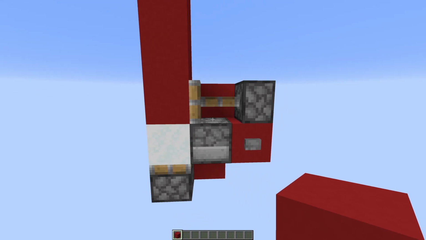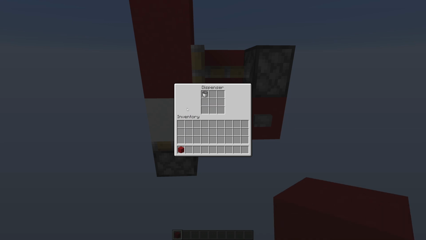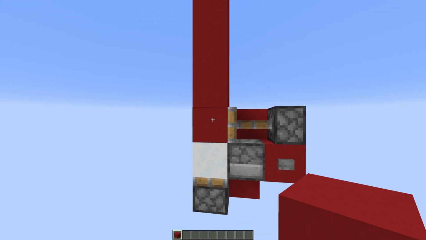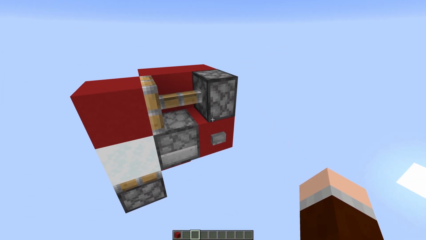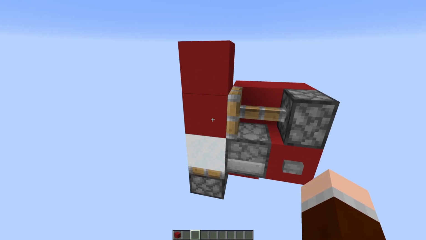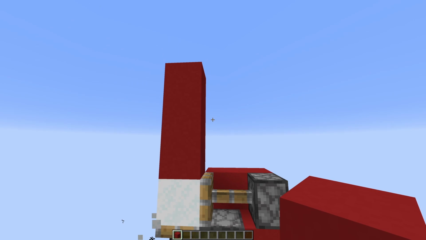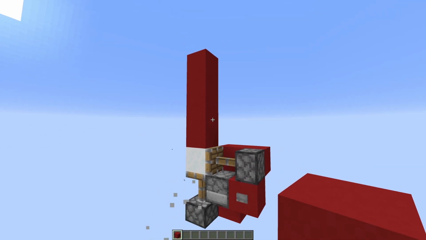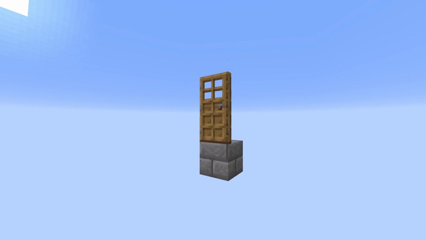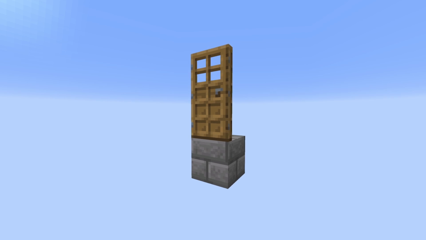To summarize, once again, the piston wants to push this block, which at the same time is picked up by this dispenser right here. It tries to do it anyway, even though this block doesn't exist. And then the server reminds the client, hey, this block right here, it's actually the red concrete block. Thanks to that, we can do amazing things like this right here. Now, without any further ado, let's take a look at how we can build this thing in our